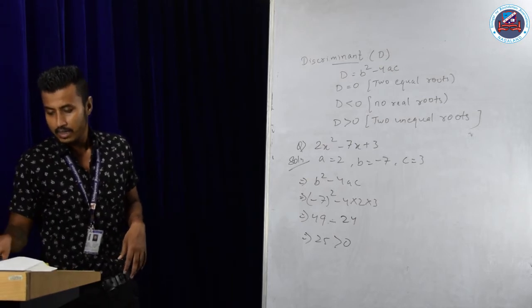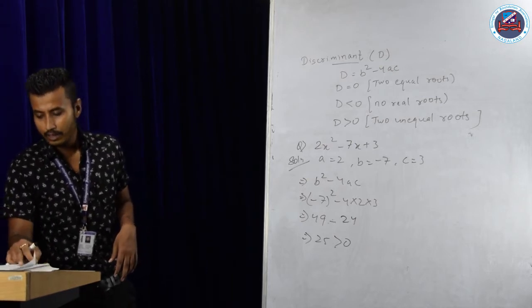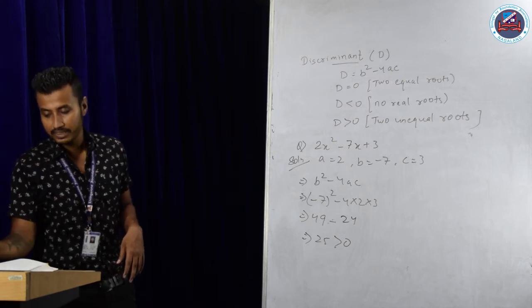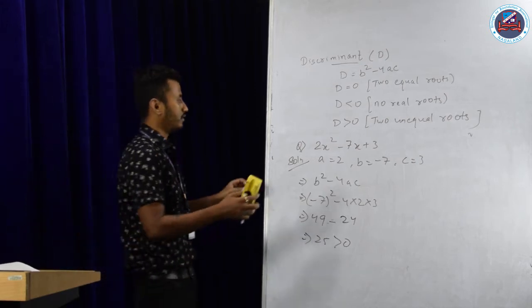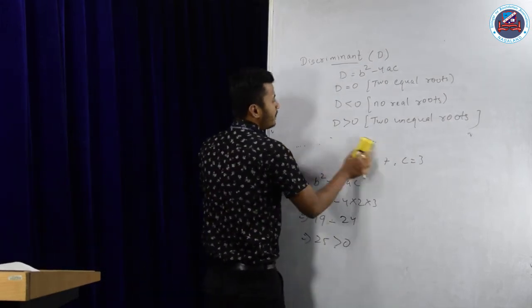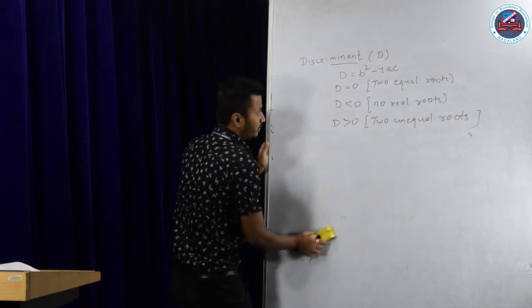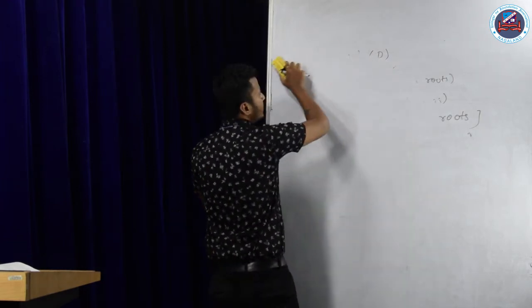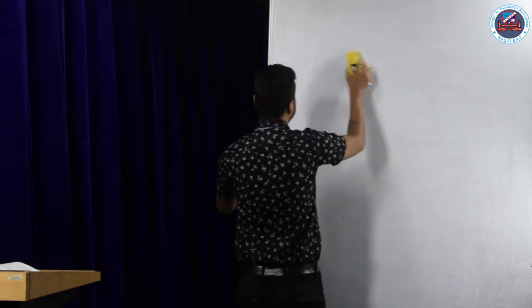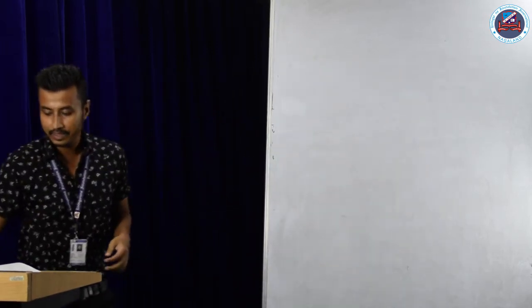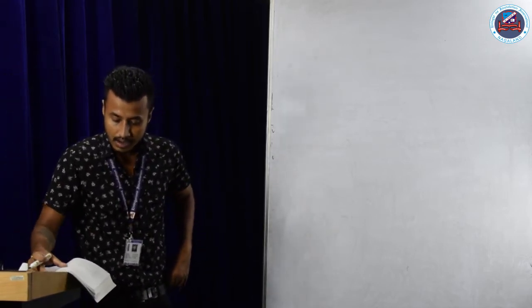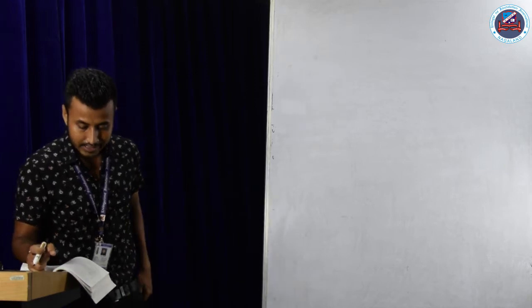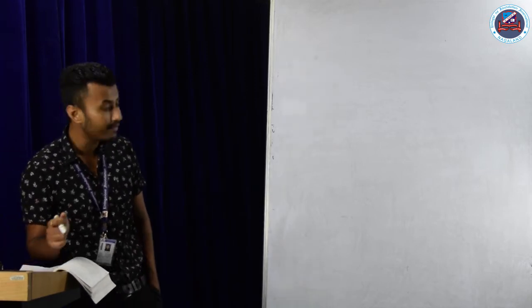Okay? Now, how to proceed with method of completing the square? Guys, see, method of completing the square is not easy. You have to use a bit of logic and a bit of concept here. But I will show you all the tricks and all the tips to do it. Okay? Let's take an example here. Example 9, which is on page number 82. Find the roots of 4x square plus 3x plus 5 equals to 0.